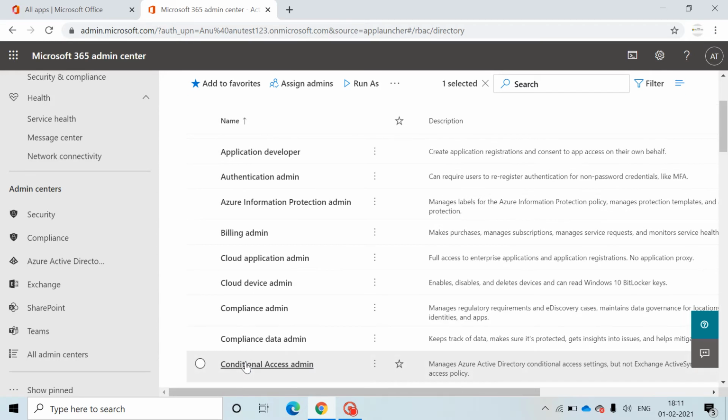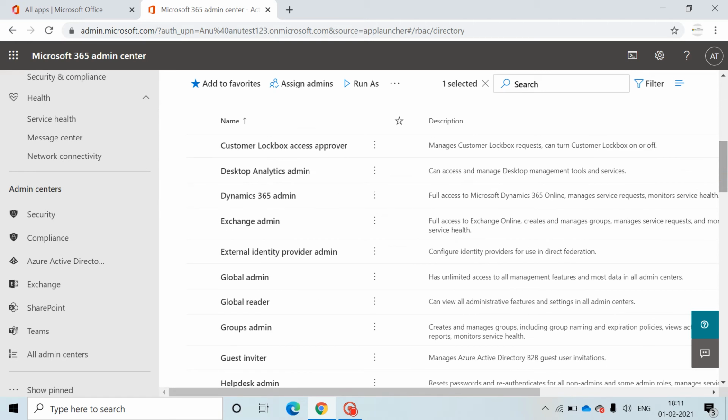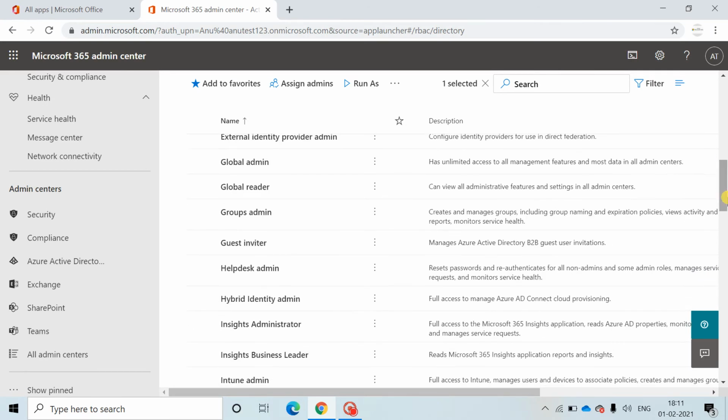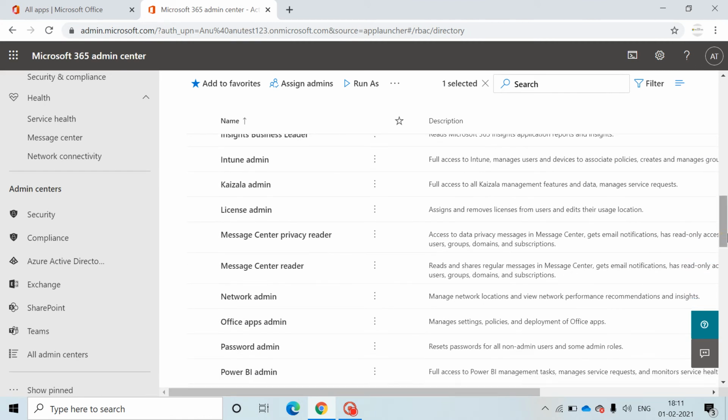There may be a lot of other roles which you can go through, but these are some of the important roles which we need to know, which I just shared with you all. Other than this, there are a lot of other roles, for example security administrator, and a lot of other administrators.